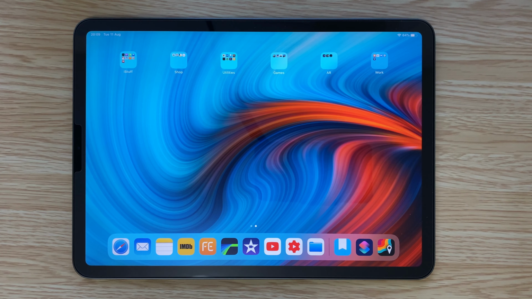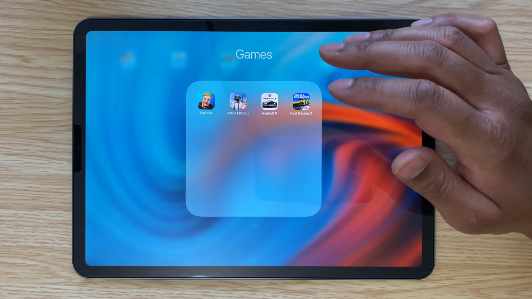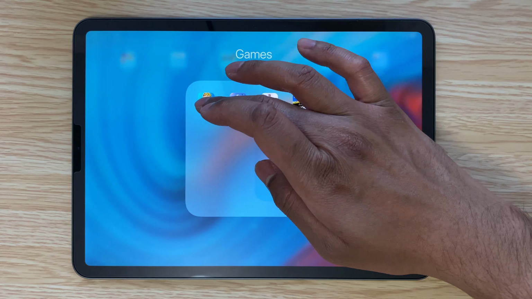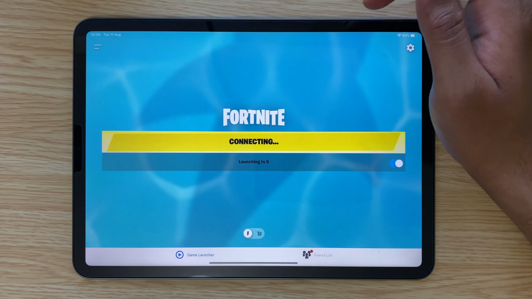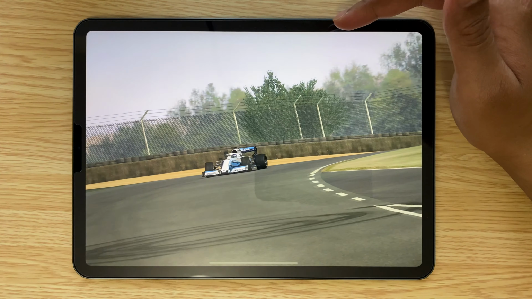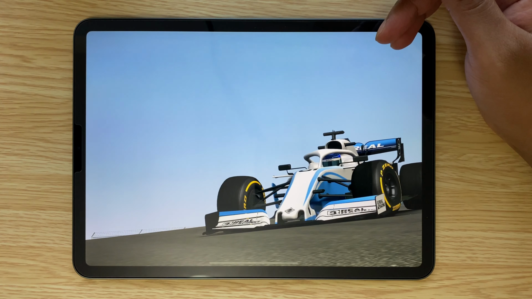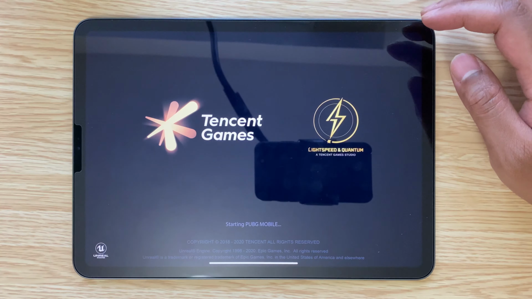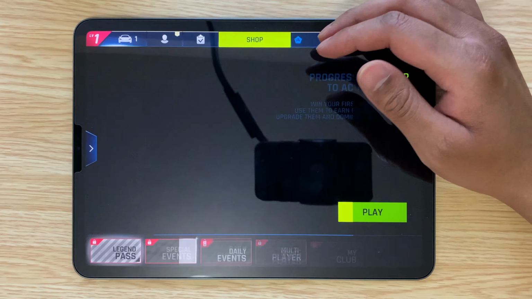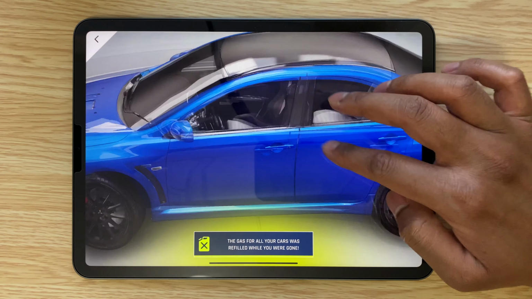Next folder is Games. I have to admit that I don't really like playing games on the iPad, but I do keep them around to show off the prowess of the iPad Pro. Both Fortnite and Real Racing 3 support 120Hz refresh rate, so you can really show off that muscle under the iPad Pro's hood with these games. Then PUBG, because the whole world seems to be obsessed with it. And then Asphalt 9, the benchmark game to show the graphic prowess of every iPad.